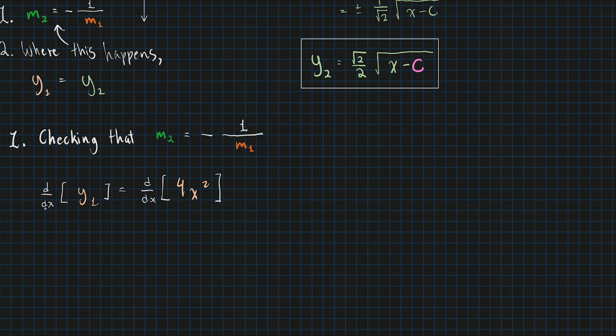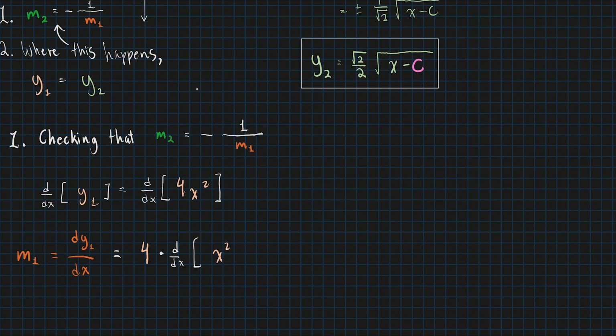Okay, so if I take the derivative with respect to x of y1, that just becomes dy1 over dx, and really this is the derivative of y1, and really that's equal to m1. Now the thing we have to use our derivative rules for is 4x squared. So of course you can take this 4 out of the derivative brackets and then just multiply by d over dx of